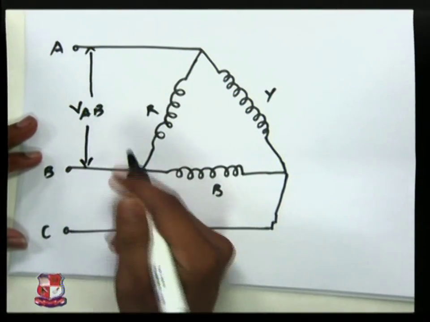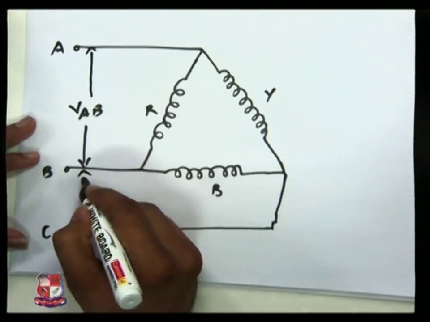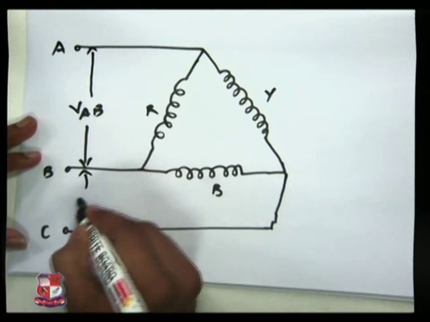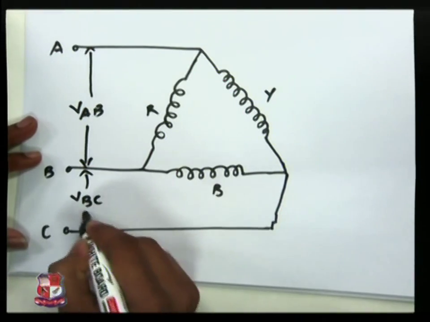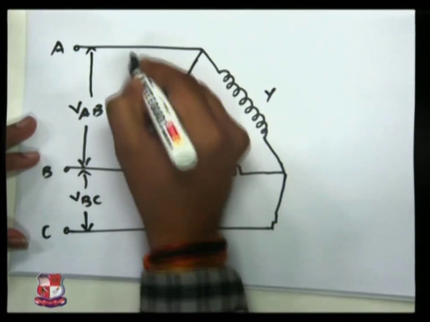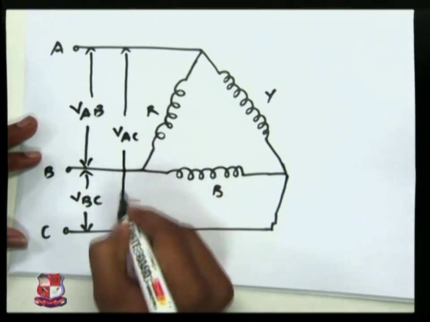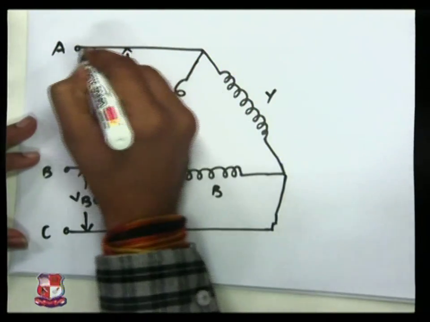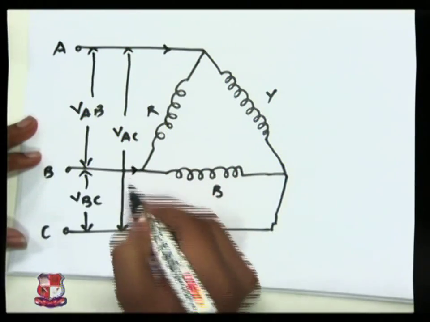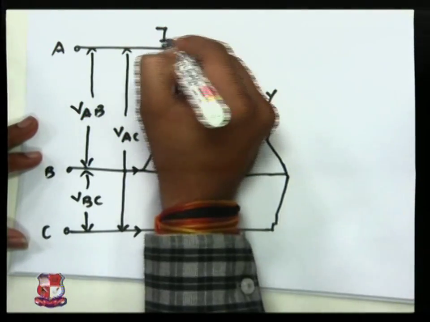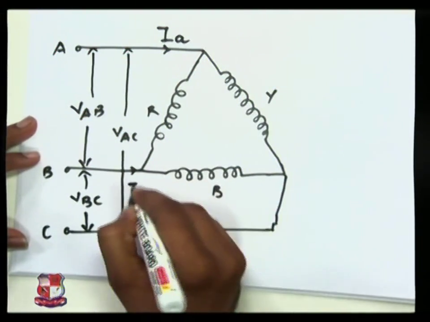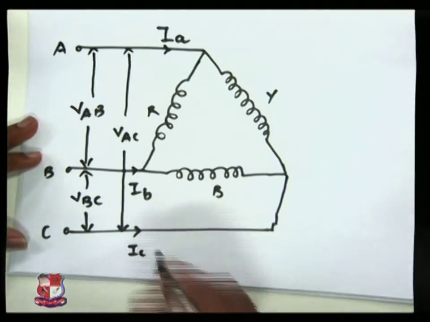So ultimately your VAB is a line voltage. The line voltage between B and C is known as VBC, and between A and C, that is VAC, and the current passing through any line is known as line current, that is IA, IB and IC,